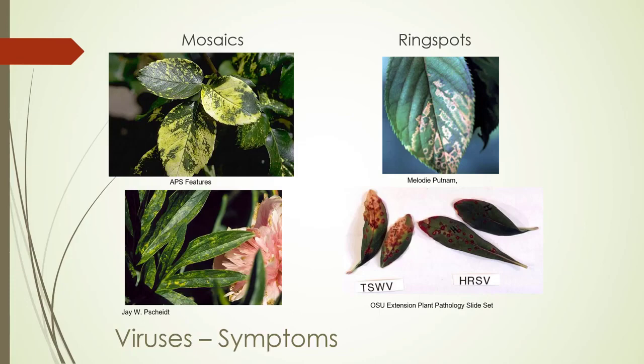So here are just some more symptoms. We've got mosaics. This is rose mosaic, caused by Prunus necrotic ring spot virus and apple mosaic virus. In stone fruits and apples, the viruses are pollen transmitted. In roses, the only proven means of transmission is through vegetative propagation of infected bud, scion, or rootstocks. Prunus necrotic ring spot virus on Kwanzan flowering cherry on the right there. And we've got tomato spotted wilt virus on the left and hydrangea ring spot on the right.